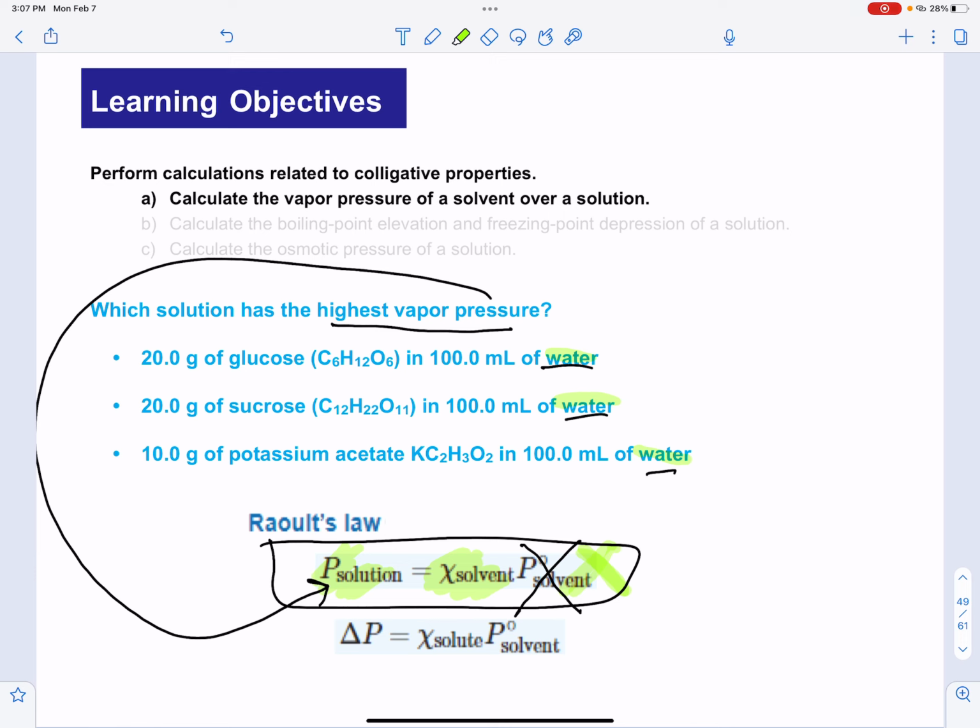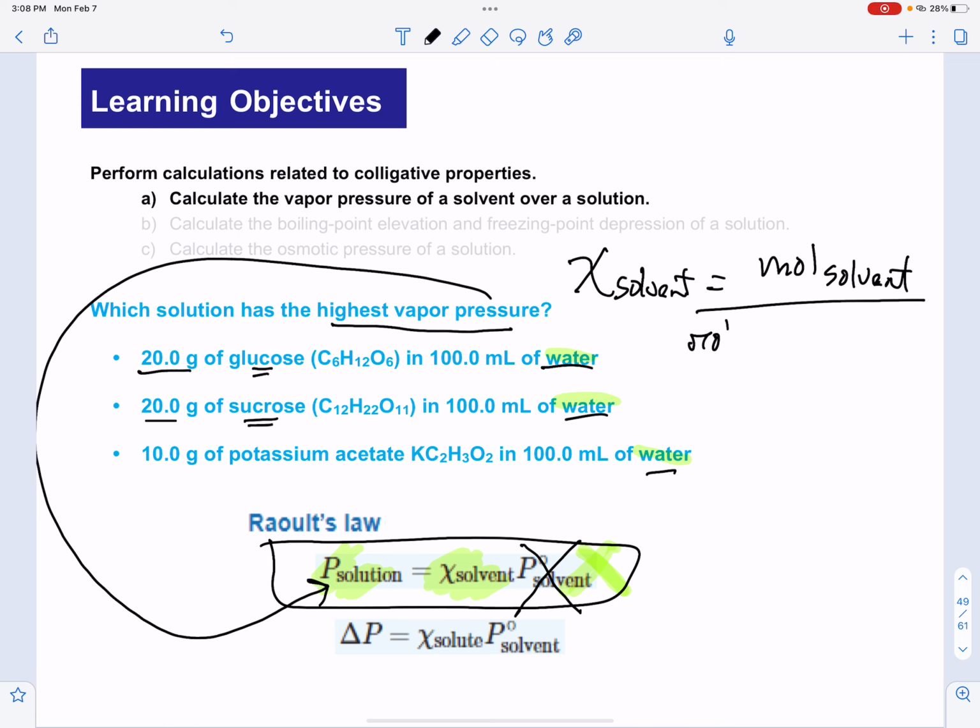So which one will give us the higher pressure? The one with the higher mole fraction, right? So on this one, we have 20 grams of glucose. This one, you still have 20 grams, but the solute is going to be different. So that's the amount of the solute. Remember, the mole fraction of the solvent equals the moles of the solvent